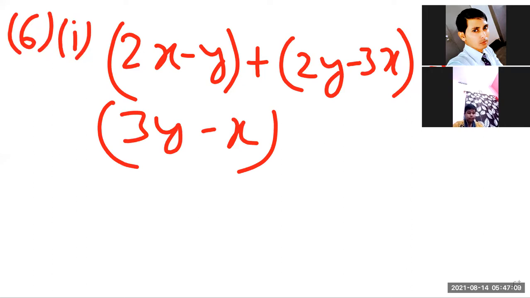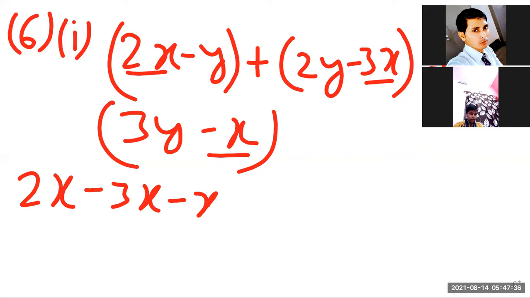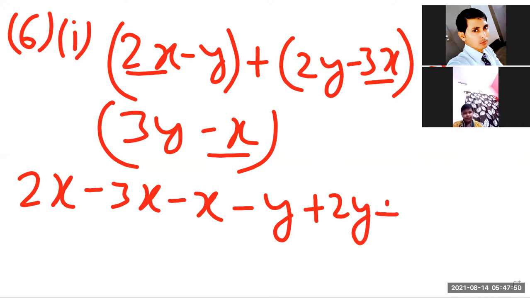अब इसमें से जितना x वाला है उसको एक साइड में करना है और जितना y वाला है उसको एक साइड में करना है। जैसे 2x है, 3x है और -x है ना ये। यस सर। तो x वाले को एक साइड कर रहे हैं 2x, फिर -3x और फिर -x। अब y वाले को एक साइड करेंगे -y, फिर +2y, +3y। ठीक है, यस। इतना तक समझने में कोई प्रॉब्लम? नो सर।